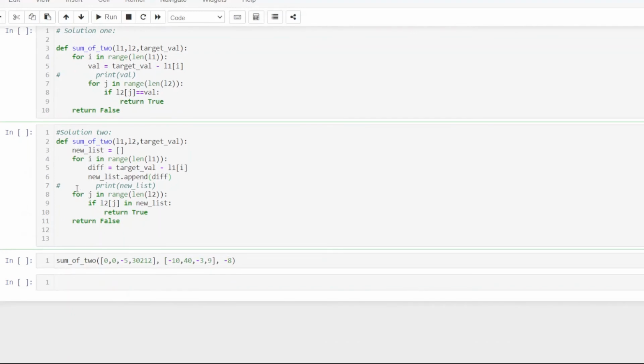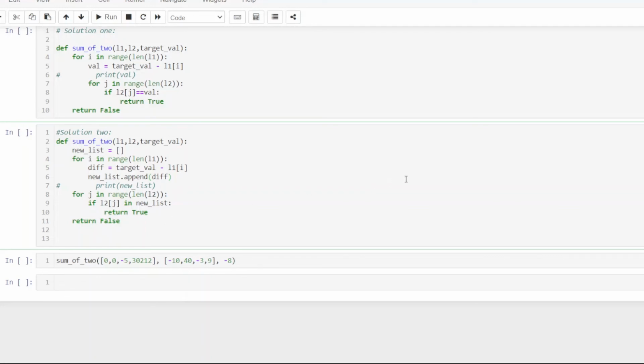So now for j in range of length of L2, again looping through our second list, if L2 of j in new list. Now we are going to check if any element of L2 is present in our new list. If it is present, we will return true, otherwise we will return false.